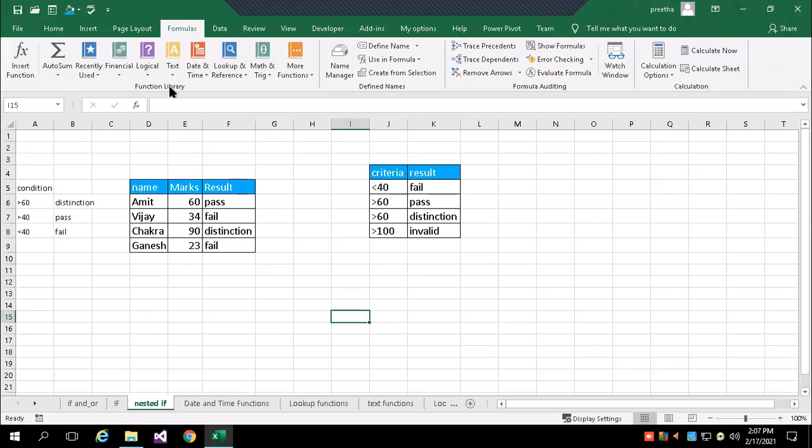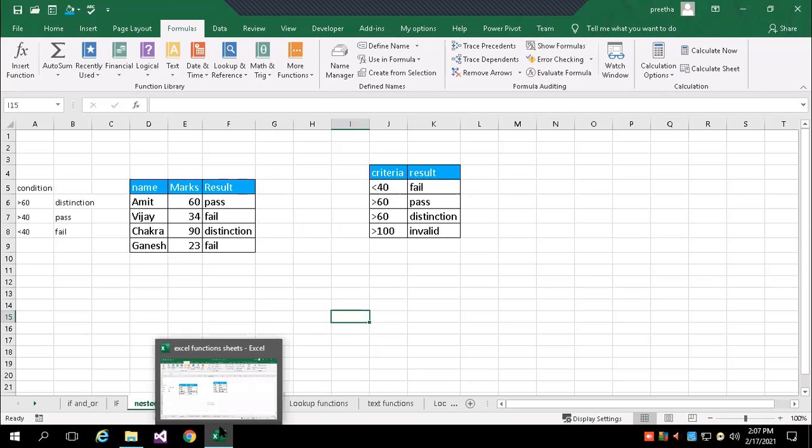You can see the Function Library under the Formulas tab. Under that we have various functions categorized like financial, logical, text, date and time, lookup, and mathematical functions. So these are all the categories of functions available. Today our chapter is on these functions.